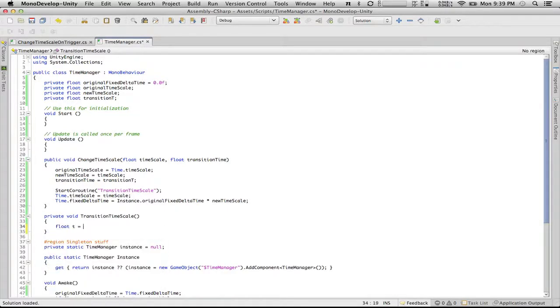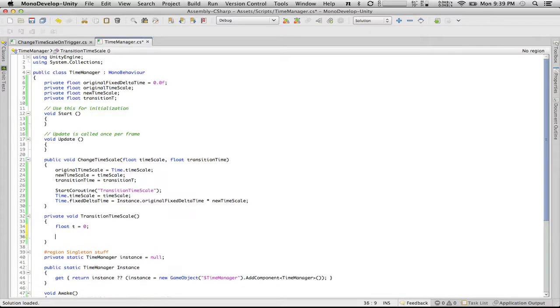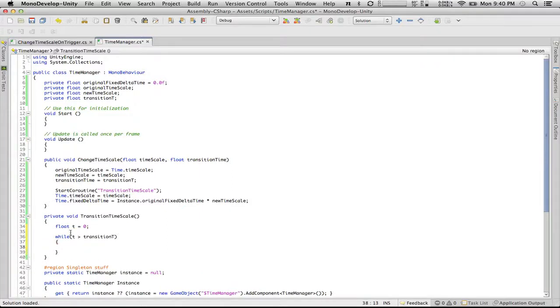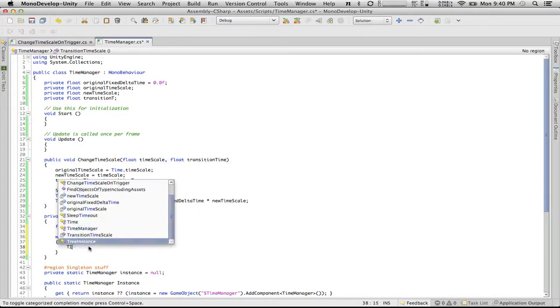So we are going to set float t equals 0, while t is less than transition t. Well, is it greater than transition T or less? That should be less, thank you. Would have made some interesting things happen. Should it be less than or equal to? Let's just make it less than. While T is less than transition T,